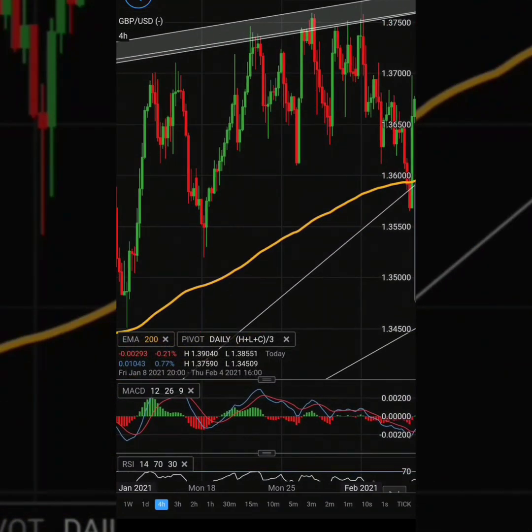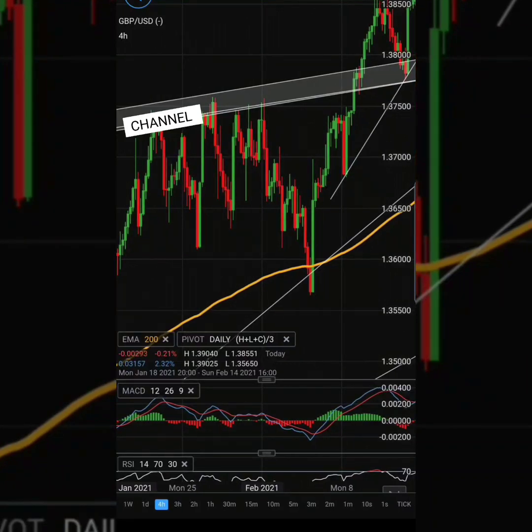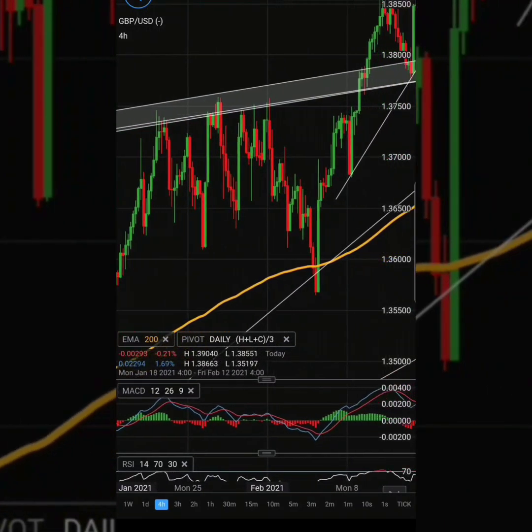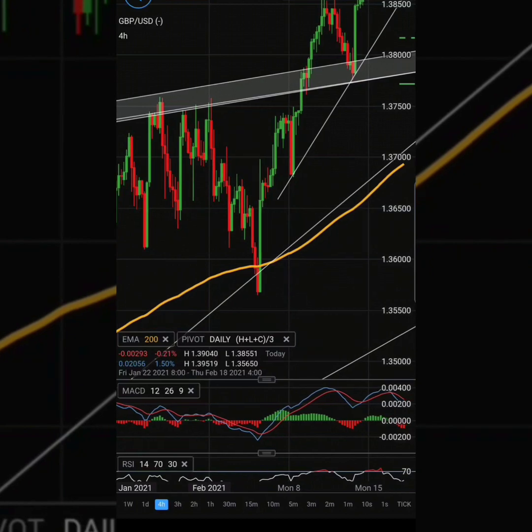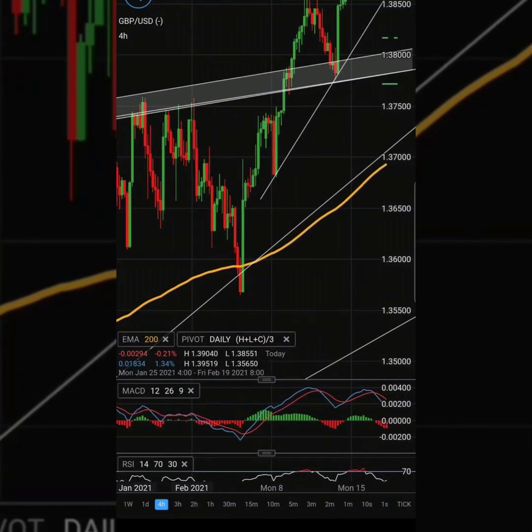You'll see I drew up a channel at the top, and the channel worked as a form of resistance here. You'll see multiple touches on that. So once you get 2 to 3 touches, you know you're on to something. And price bounced down to the bottom, went a little bit below the 200 moving average, but used that almost as a form of support. Bounced back up, and I knew it was heading back up to the channel again for another try at that